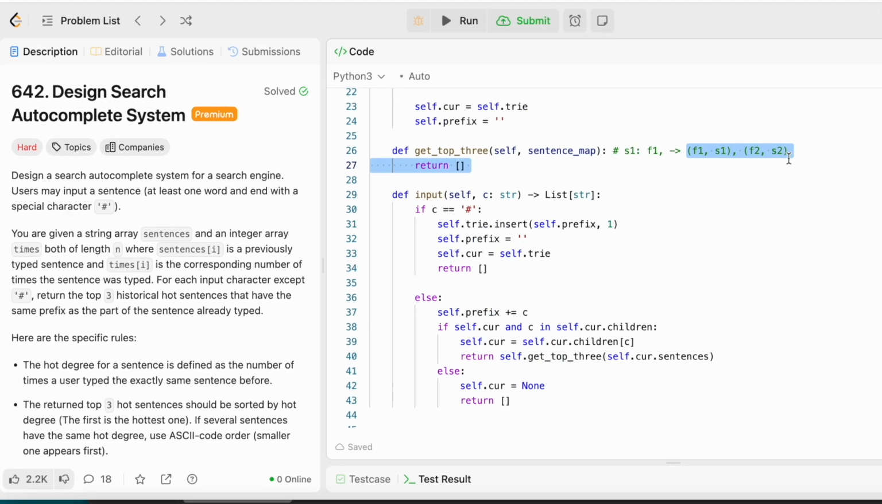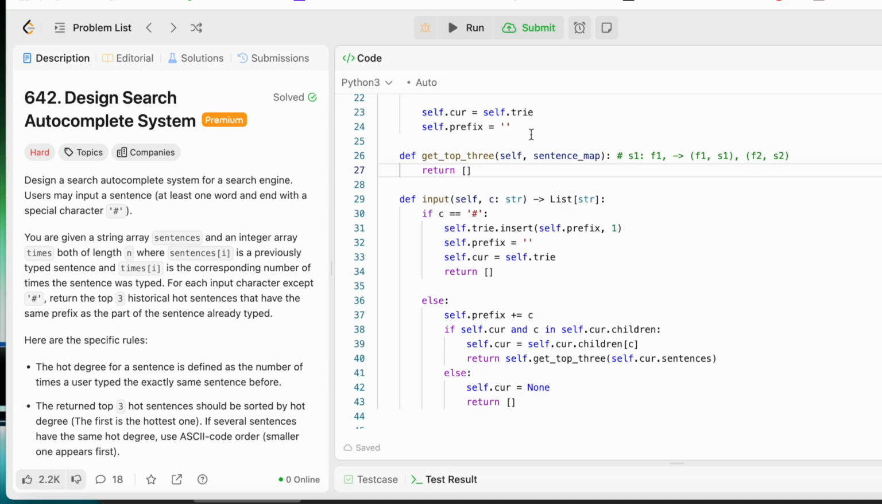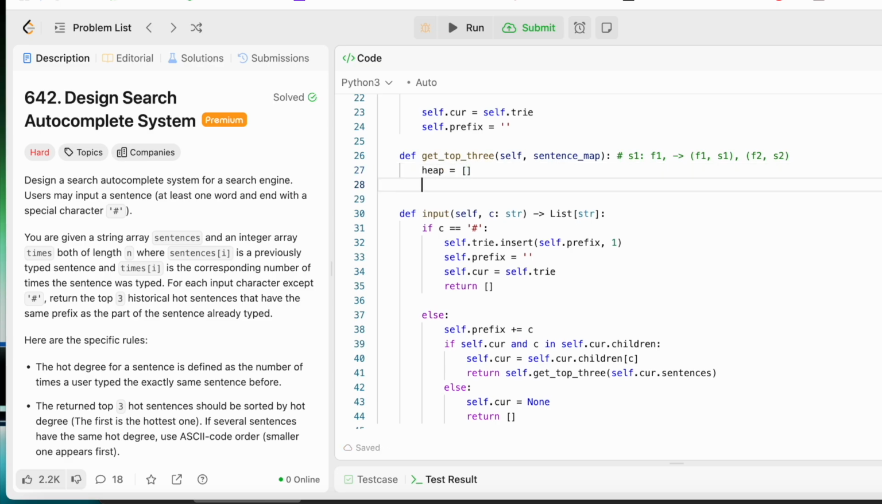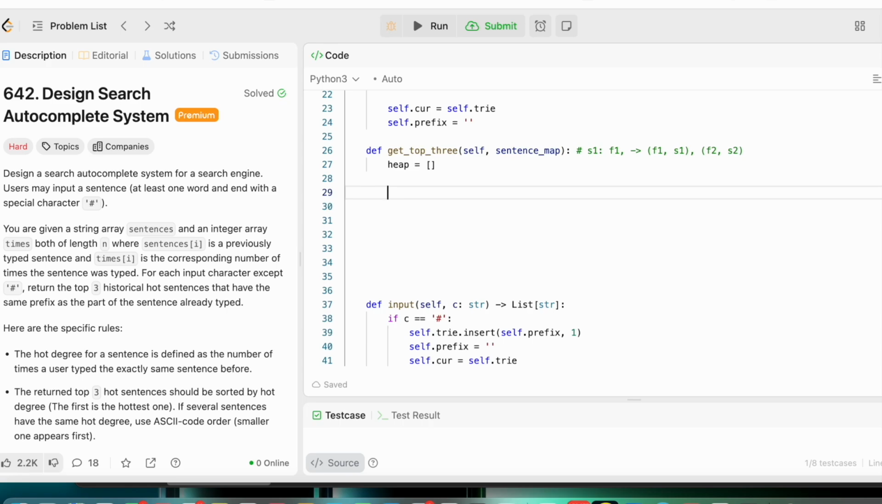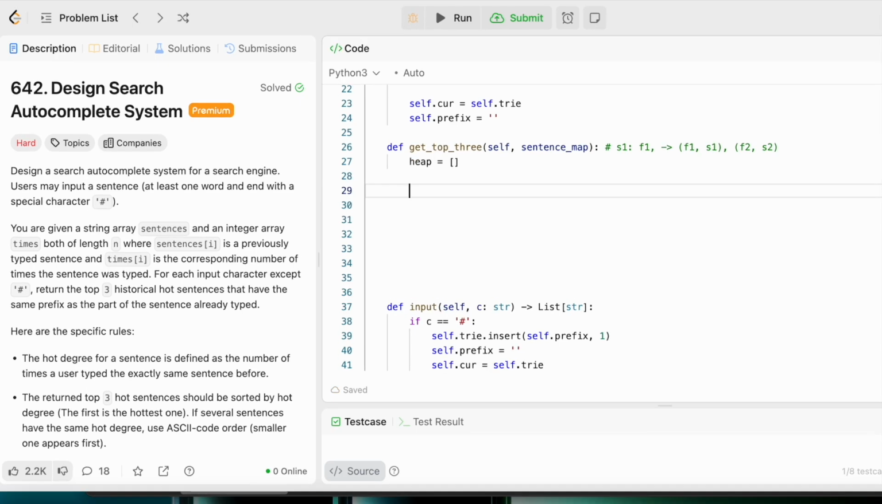But we do need to sort the whole array. Or we can use a heap based solution, right? So what we'll do is, let's take one list. I'm calling it heap, you can call it anything. So what kind of heap do we need? We need a max heap or min heap. We can use both, but for our particular solution it will be easier if we take a max heap, and